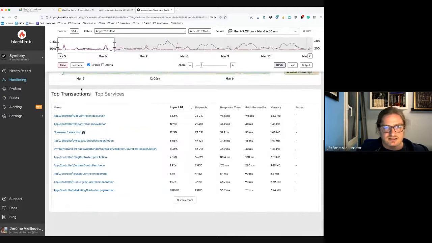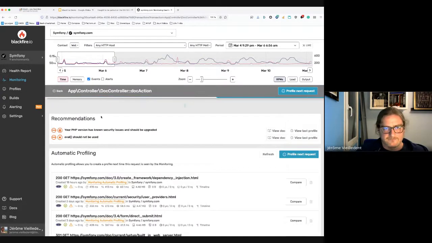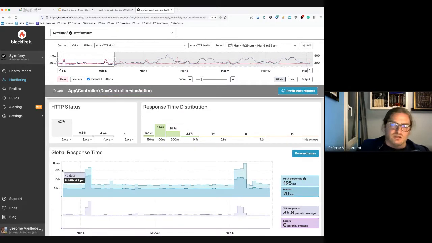And now let's click on a transaction. Here we'll have the same data, the same visualization, but focused on the transaction itself. We have two buttons in addition: the profile next request, and I will come to that, and the browse traces.